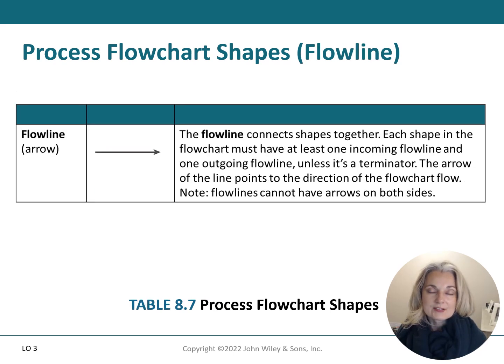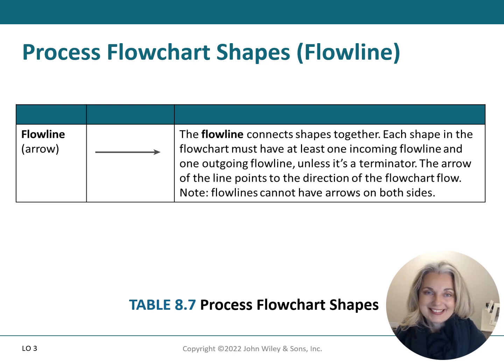You have to connect your flowchart, and you do this with an arrow known as a flow line. The flow line connects shapes together. Each shape in the flowchart must have at least one incoming flow line and one outgoing flow line, unless it is a terminator, then you don't have an outgoing flow line. The arrow of the line points to the direction of the flowchart flow. And please note that flowcharts cannot have arrows on both sides, so you can't have things coming in and going